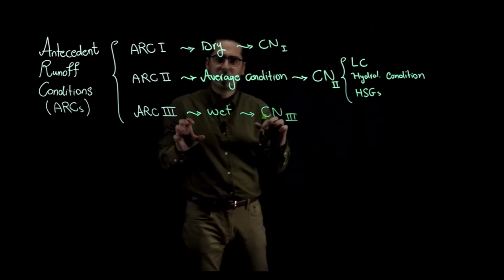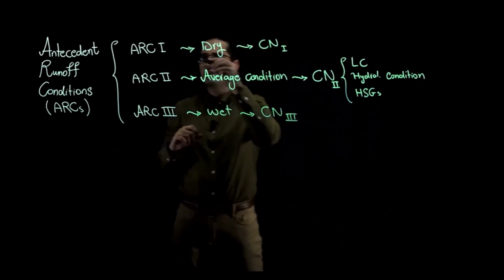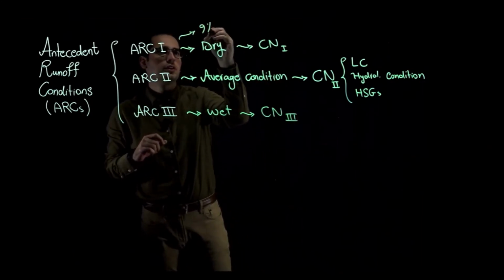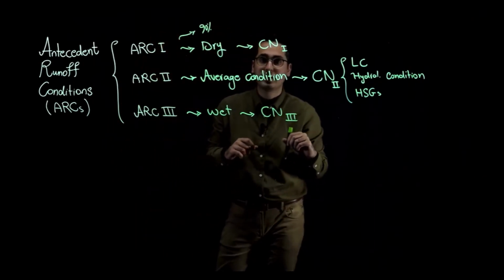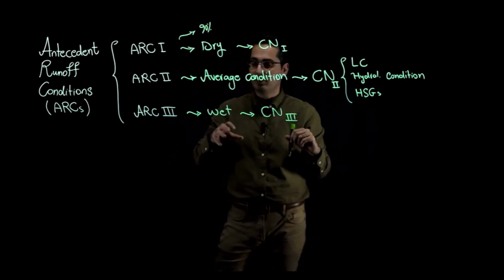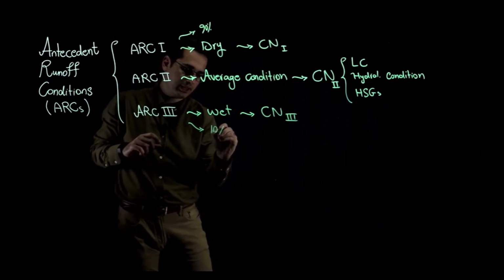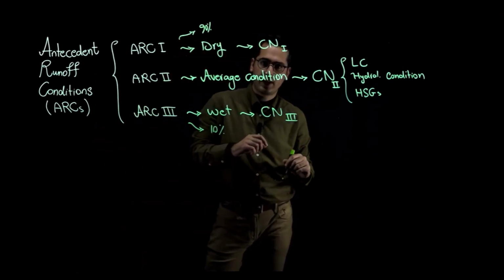There is another way of interpreting ARC 1 and ARC 3. So ARC 1 corresponds to 90% exceedance probability of runoff depth for a given rainfall, and ARC 3 represents 10% exceedance probability of runoff depth for a